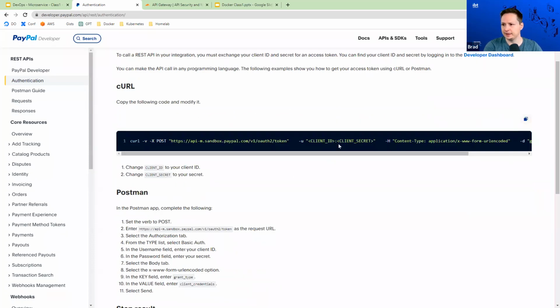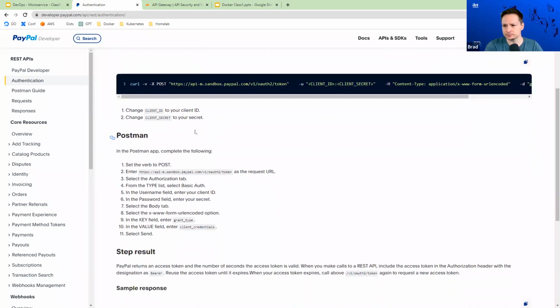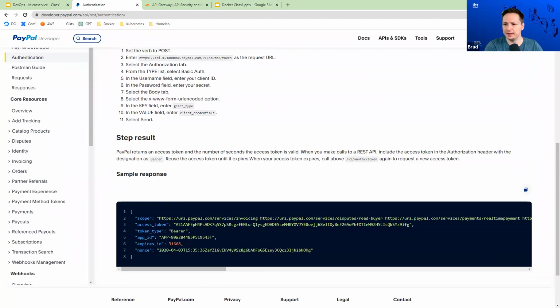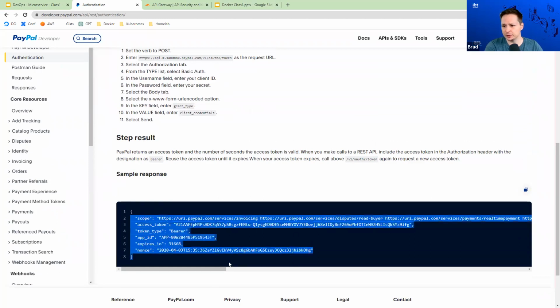And it says, hey, you're going to have to change client ID and client secret to your actual tokens that we give you, right, in your account. So you'd have to log into the dashboard, sign up, get these client ID and client secrets, and then have that in all your different payloads. Then it gives you some examples, and then it gives you a sample response, right?